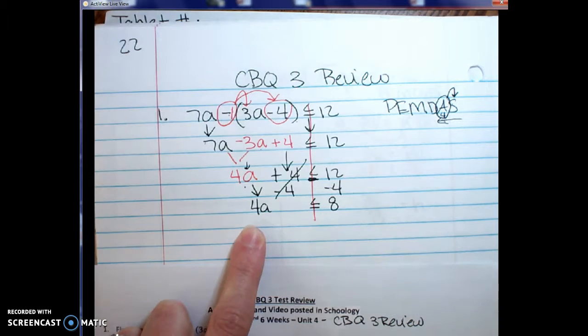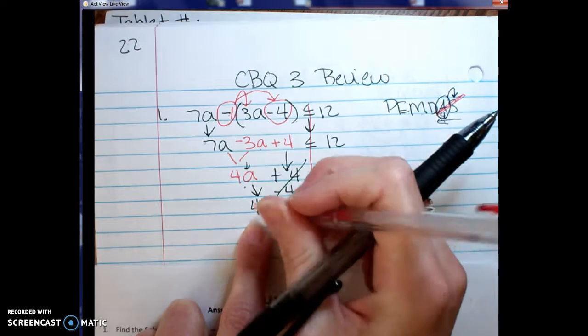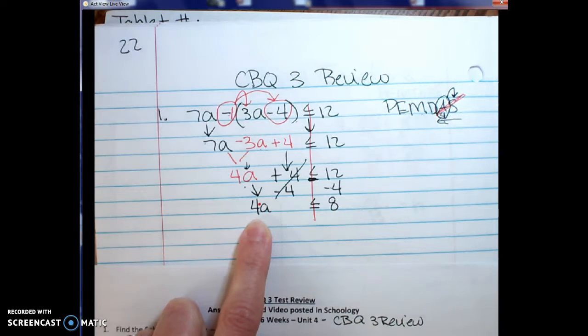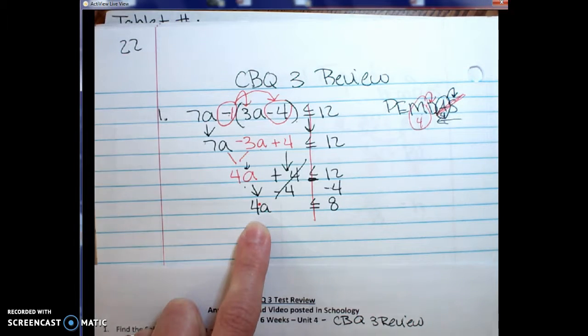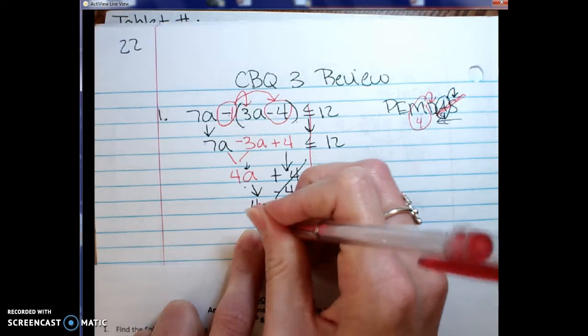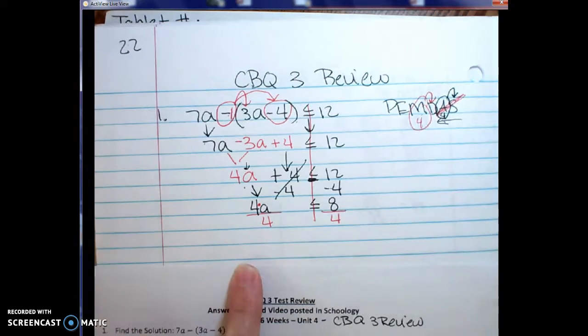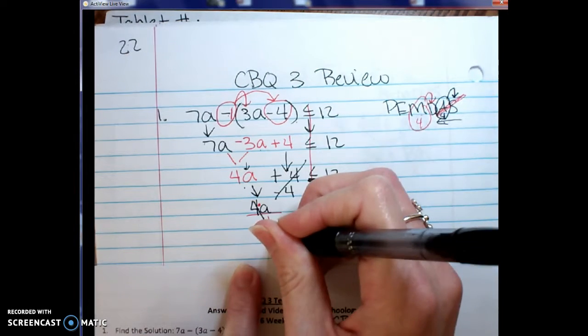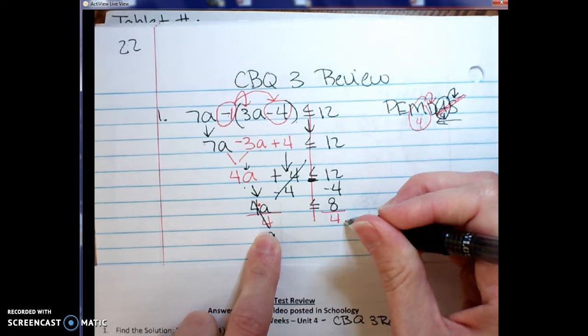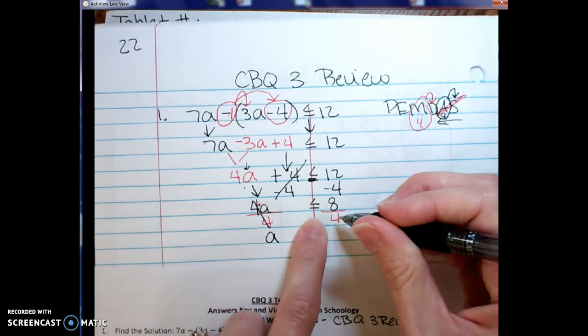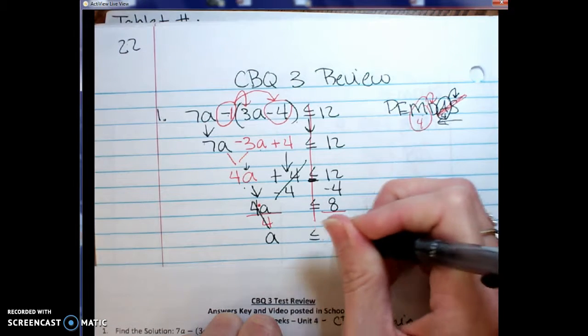Once you've taken care of your addition or subtraction, look to see if there's any multiplication or division. Right now your 4 is attached to your a through multiplying, which means if they are multiplying by 4, we're going to have to divide by 4 to move it. So I'm going to go to both sides and divide by 4. When you do that, you're left with a. I'm going to bring down my inequality. Since I divided by a positive number, I'm not flipping my sign. It's going to stay less than or equal to, and now we have